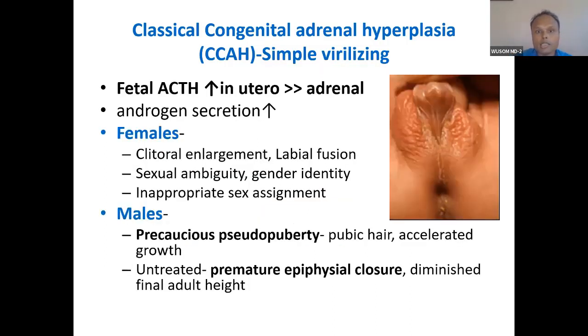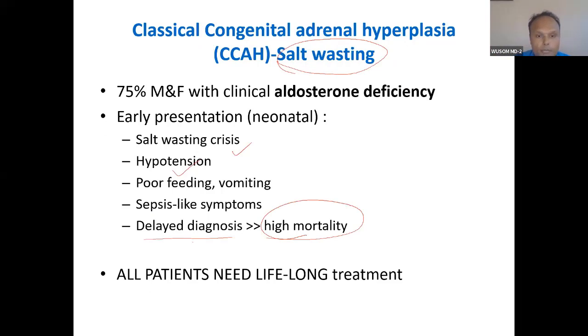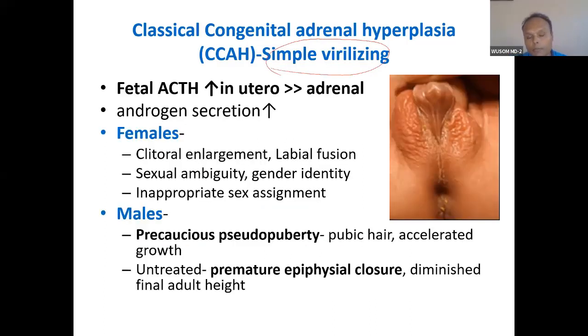Now you can see this classical congenital adrenal hyperplasia, simple virilizing, the progress through age, because you know patient baby can die early. So this type of patient you will not see. You will see in very newborn infant. If you don't treat, the baby can die. But in this condition, the patient may not present in the baby, and when well-grown patient can come with ambiguous genitalia. Okay, and actually ambiguous genitalia can be present from the birth only. So it can be diagnosed at birth also, and you can see later also.